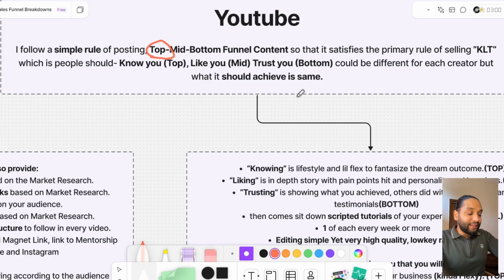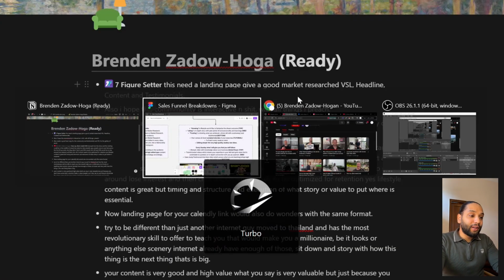And he is lacking mid and bottom funnel content. I'm going to explain it